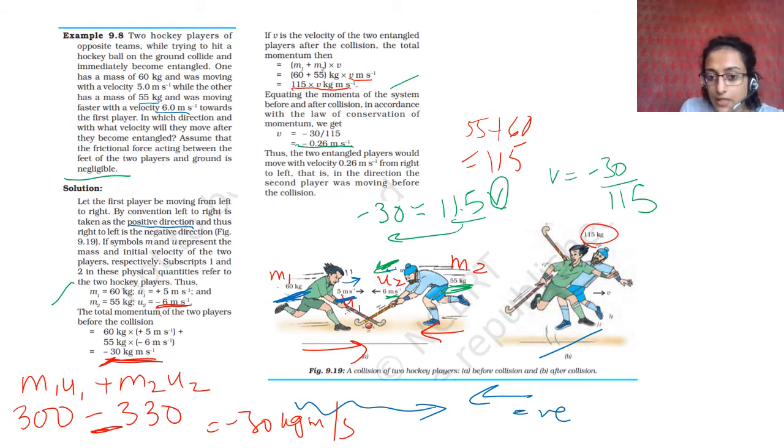And what does minus mean? Minus means कि इसकी direction में जाएगा, he will move in the direction from right to left. Player 2 right to left जा रहा था, and by convention right to left is minus. So if you get a minus sign here, it means that by convention he is moving from right to left. So after collision उनका जो momentum है, that is from right hand side to left hand side. Okay, so player 2 के direction में, इस direction में उनकी final velocity होगी.